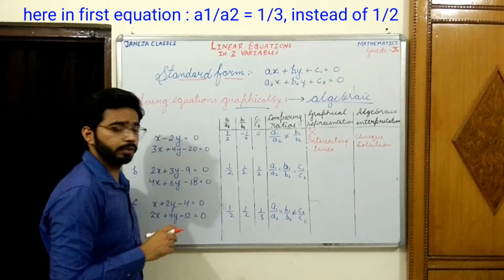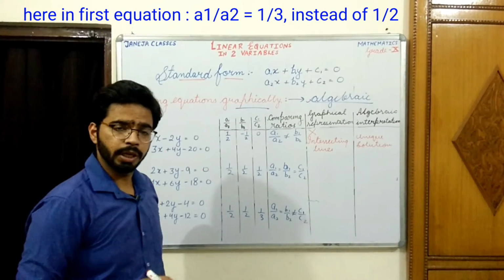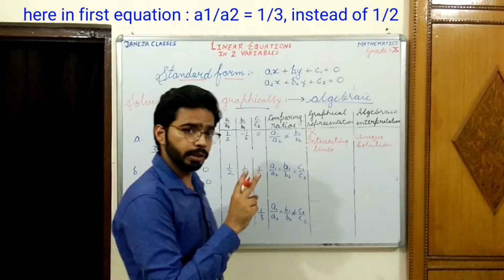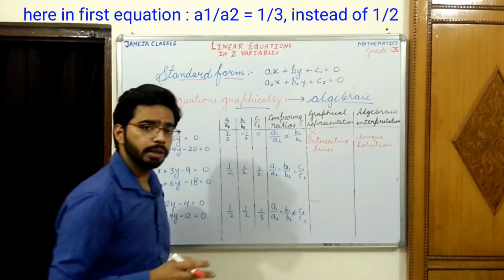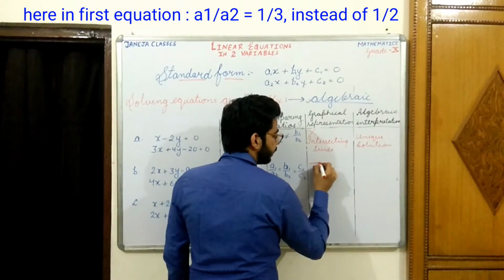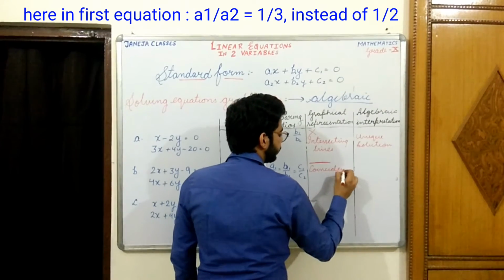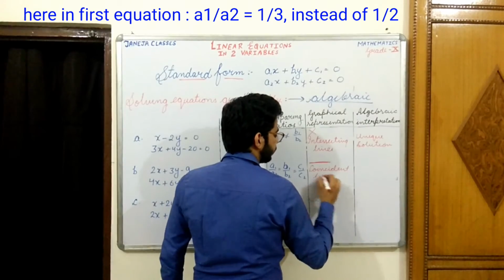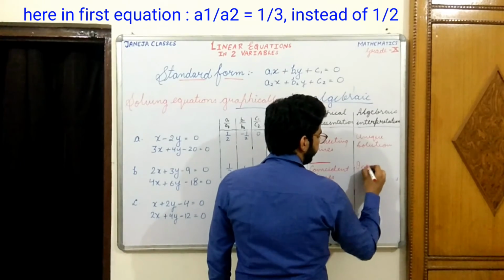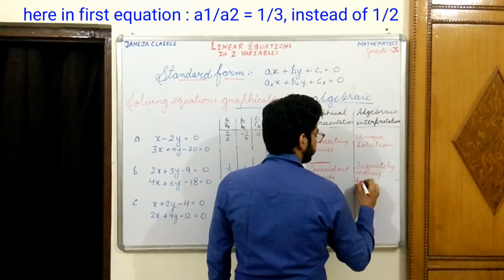In the second equation, what we concluded is that by comparing the ratios, all the ratios are equal. It was possible in the second equation. I also showed you by taking 2 common that all the ratios are equal, both the equations are completely equal. That's why we got coincident lines, one line and then the other line on it. Okay, this we have discussed already. Now what do we call it? We call it infinitely many solutions.